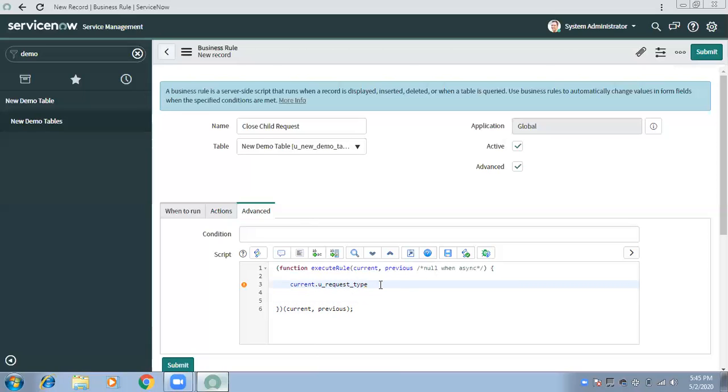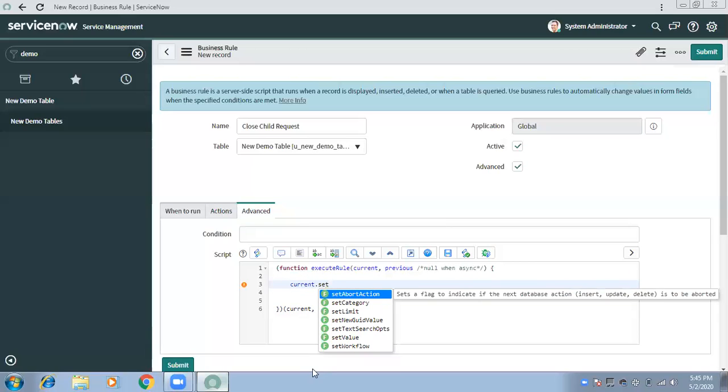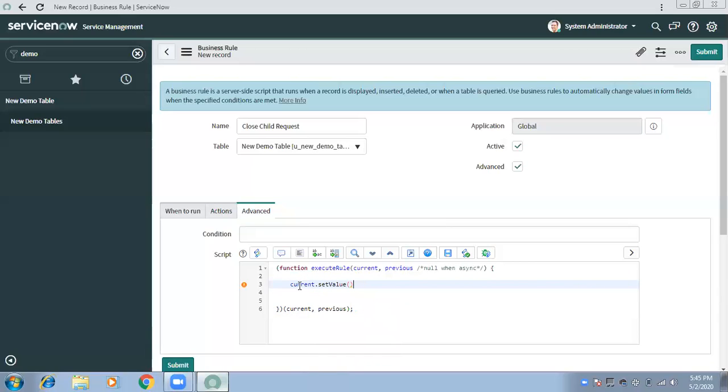Similarly, to set the value, you can use current dot setValue. Or for whatever field, let's say I need to set the HR request type, I can use current dot the field name equal to HR, like I need to select HR.